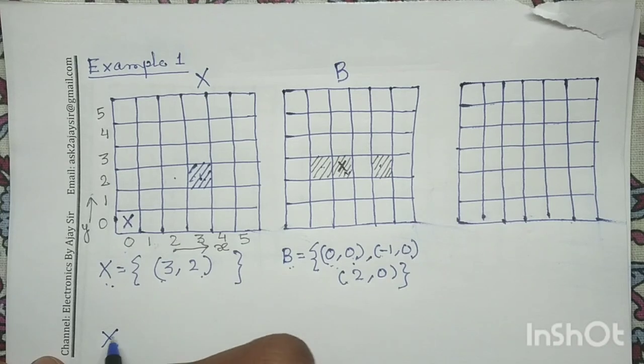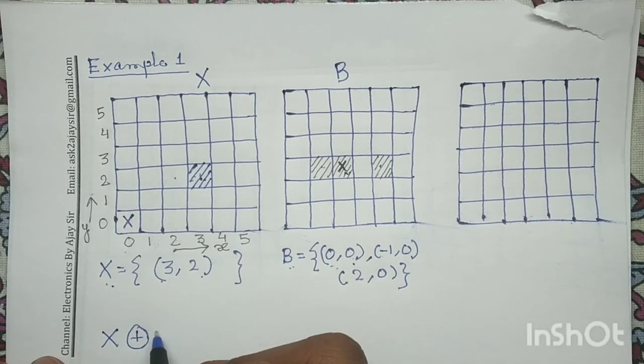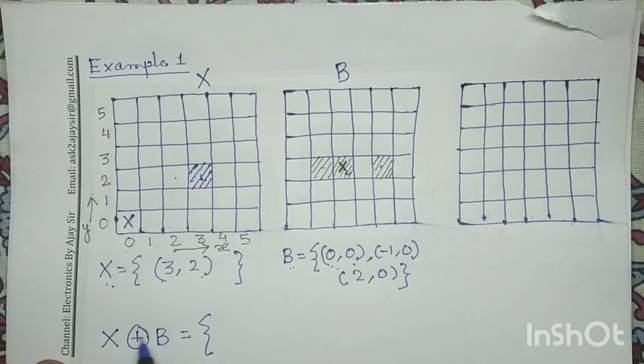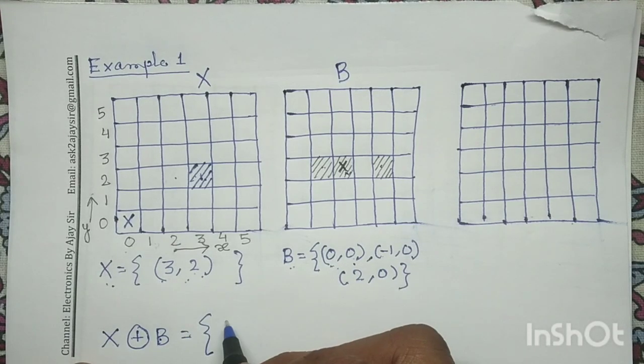So X dilation with B is the vector addition of all the elements of X with all the elements of B. In X we have only one element, 3, 2, so we do the vector addition of 3, 2 with 0, 0. It gives me the result